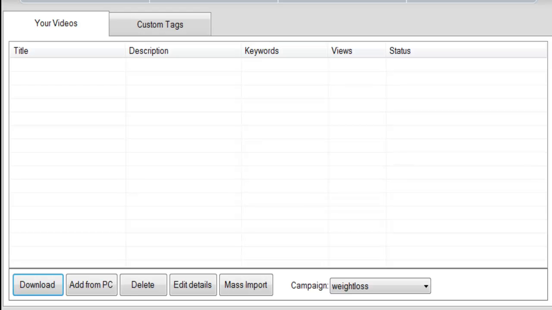Now just to give you a little bit of understanding of what it does, the software is somewhat, I guess you can consider, gray hat. What it does is it scrapes videos from YouTube, and then it tags them, titles them, and I always put an annotation inside the video, giving a call to action to the link below. So I scrape thousands and thousands of videos from YouTube, and then I retitle them, retag them, and put them back up to YouTube with a call to action to my link. This runs on my VPS, or it can run on your computer